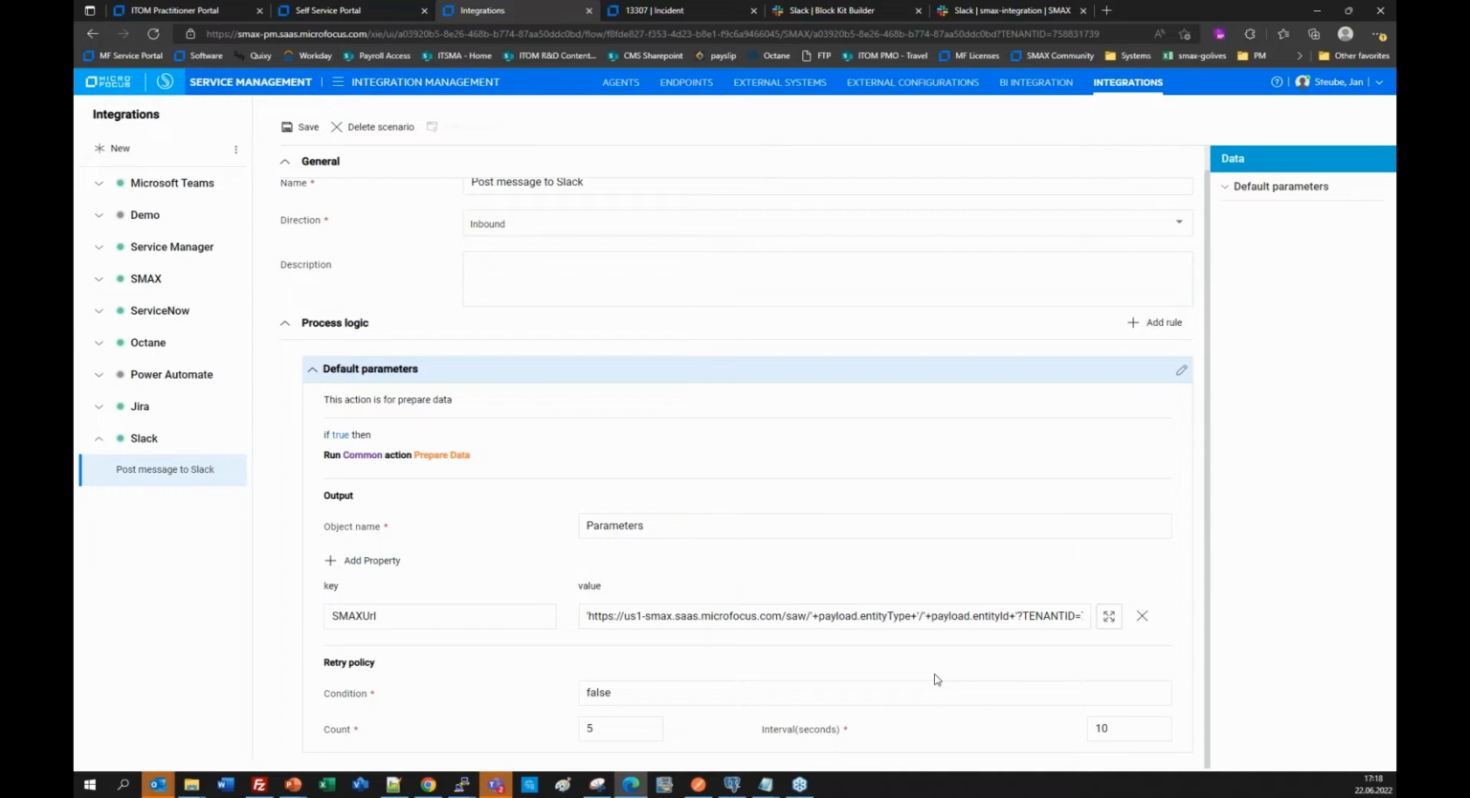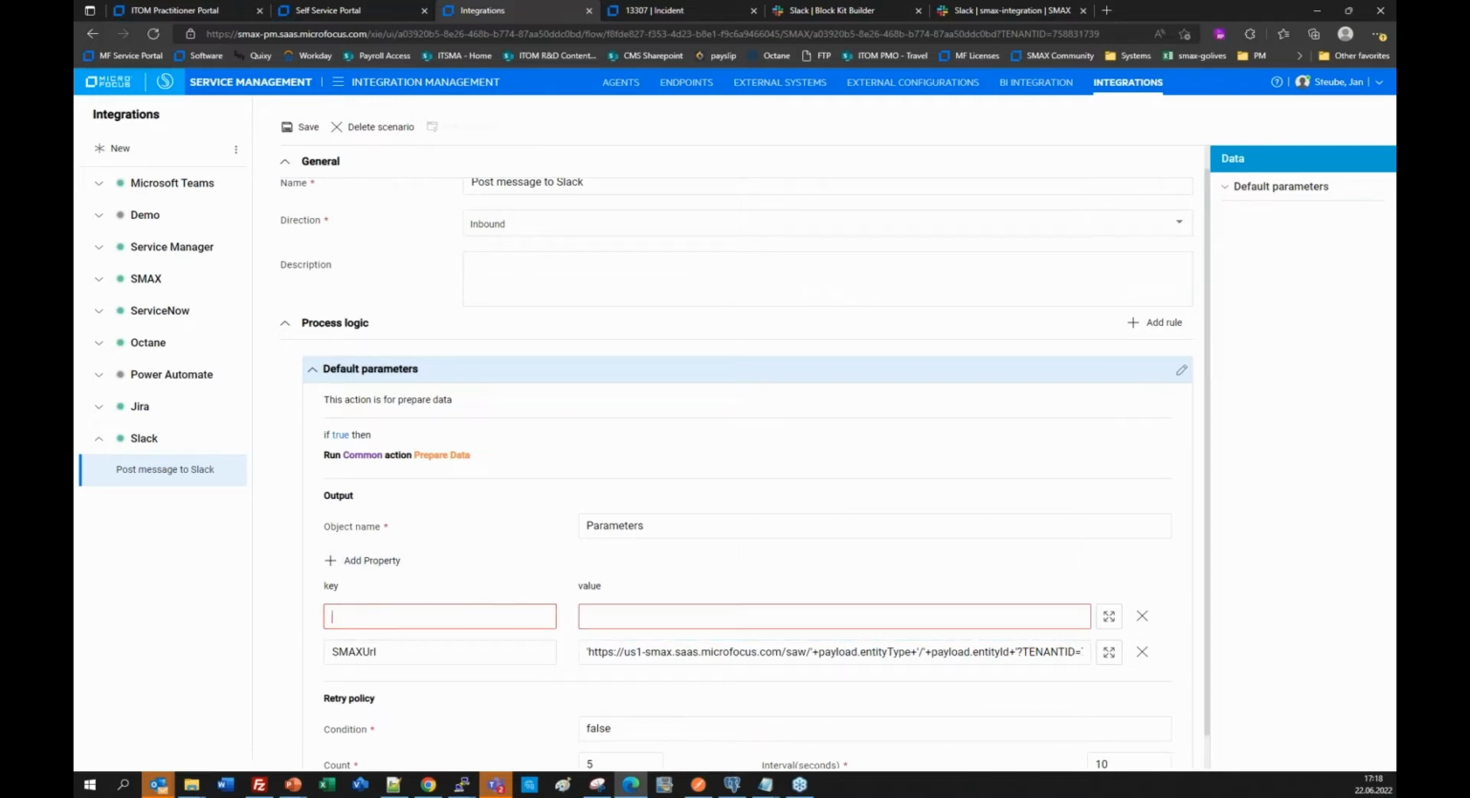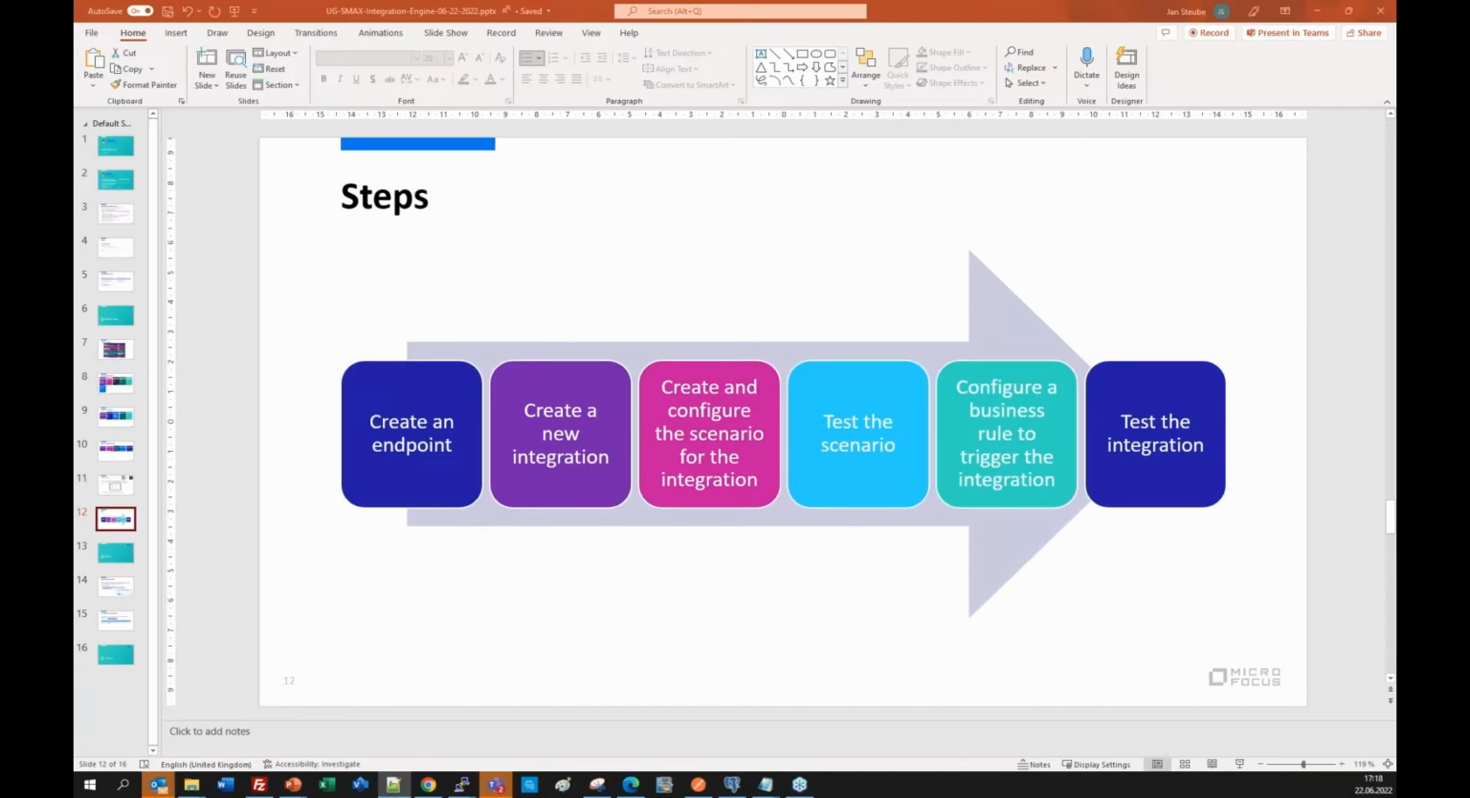And you can use this data then to make this scenario more generic. That means you could trigger this scenario from an incident, from a request, but also from a problem, for example, and then use the same logic to post messages into Slack from different SMAX entities. Of course, you can also hard code this, right? Write instead payload entity type, the real entity name, incident, for example, but then of course it would only work for the incident. So this is one parameter I plan to do, and then another one we need a